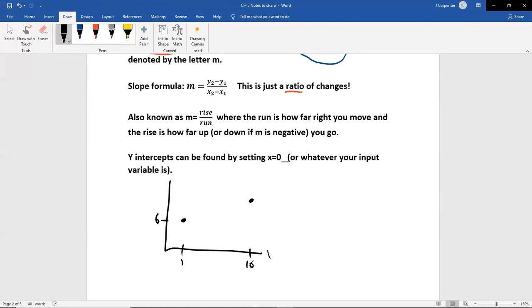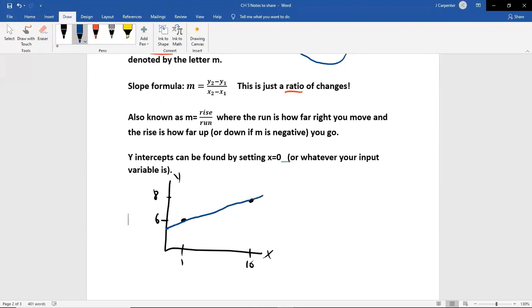Let's have that be a 10 on the x-axis. And let's have this be an 8 on the y-axis. So I can say these 2 points form a line. Now, if we're doing an application, that's bad. If we're doing an application, we usually don't go, geez, I can't make a straight line.